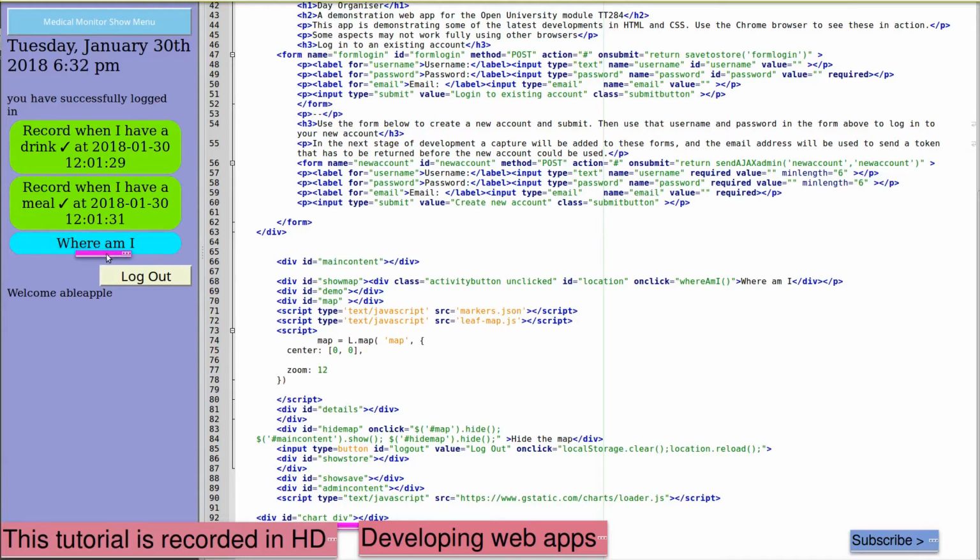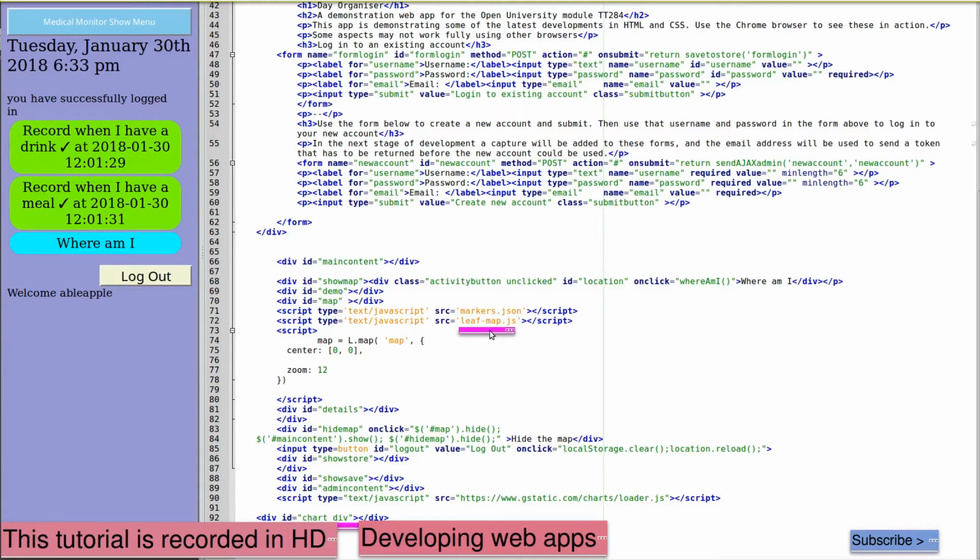Below that is the Where Am I button, and that is part of this app at all times. Here is Where Am I? If we click on this button, it calls the Where Am I function, which is the same as we saw in our demonstration of adding a map. So a map on a web page, here is the code,